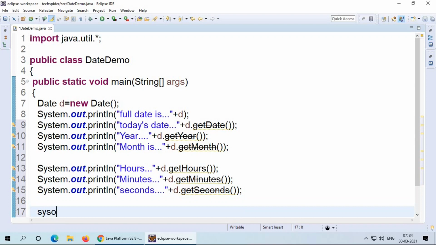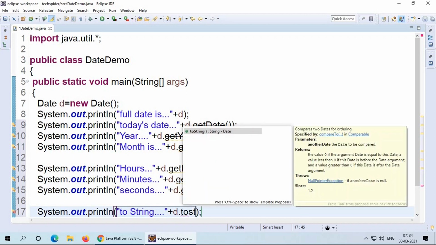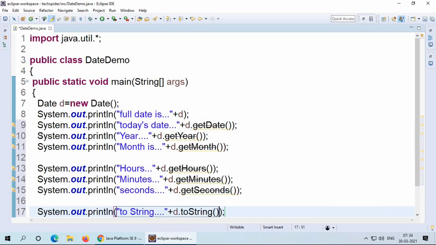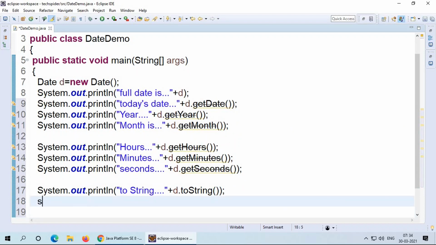Later I want to print the time in local format, date and time. For that, using toString. In the string format I am printing the date and time. For that you have to call the method d.toString(). It is printing a date in the string format. Next one, I want to print the date and time in GMT format.